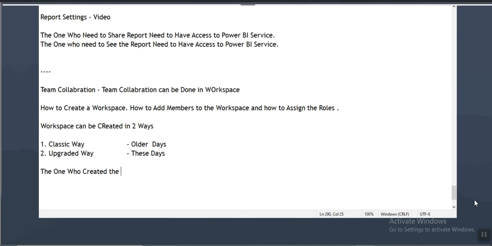The person who created the workspace will be admin to that workspace. Fine. Now the question is